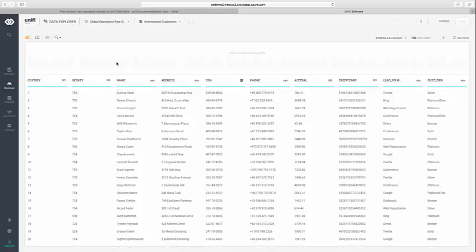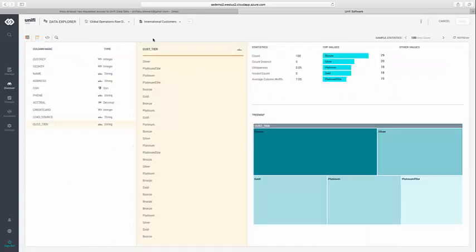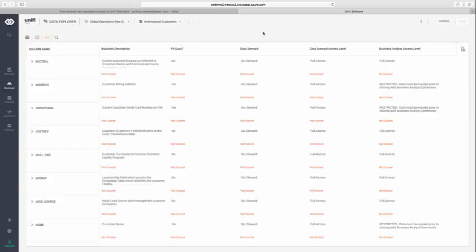But what I really want to do, again, I can start to profile this data and investigate it further if I need to. If I want to get a little bit more detailed profiling around top values, some of the statistics, get a visualization around some of the breakout of each of the columns, all of that is just a click away for me as I begin to investigate this. But what I'm really interested in is the policy engine and the associated rules around this data set. And so I've drilled right into there.